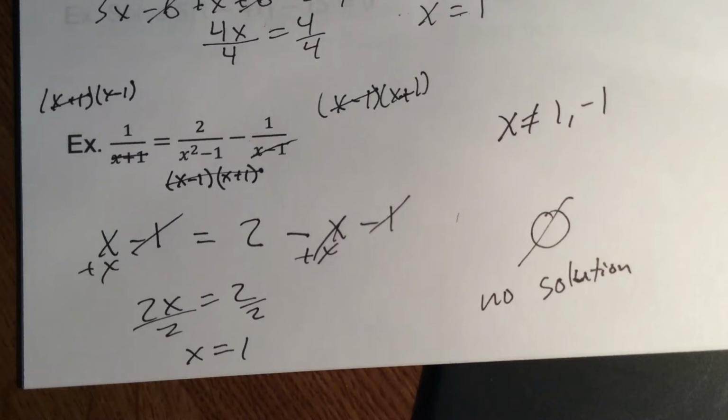When you have x's on the bottom, you have to think about those exclusions. What can x not be? Is it one of our solutions? Do we have to get rid of one of our solutions? Now,